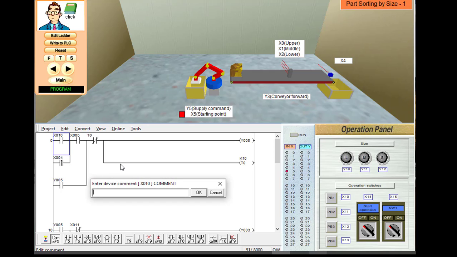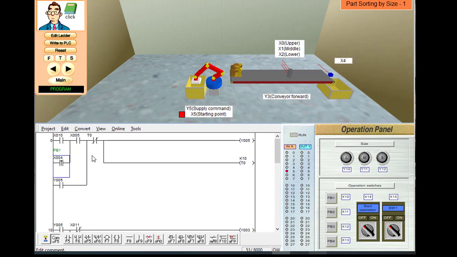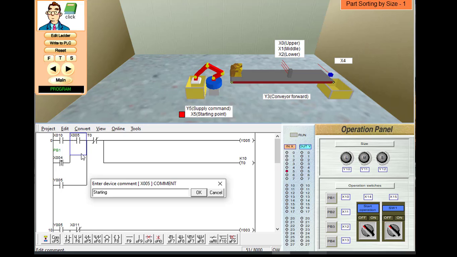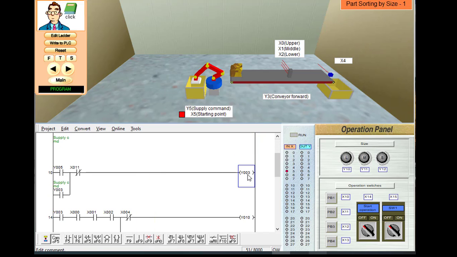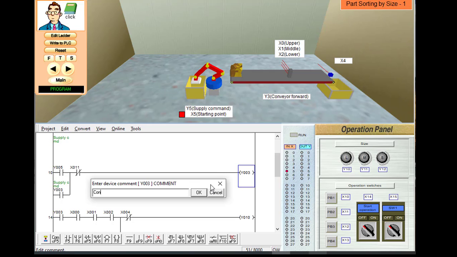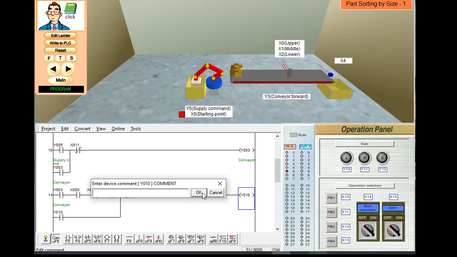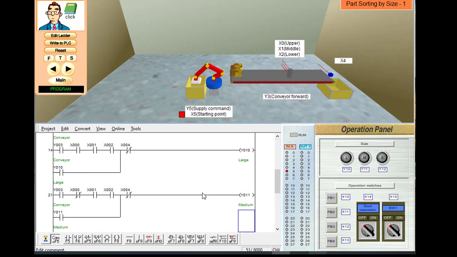So X10 is our PB1, X4 is our sensor, X5 is the starting point, the supply command is our output, Y3 is our conveyor, Y10 is our large indicator, Y11 is our medium indicator, Y12 is our small indicator, and these are the sensors.